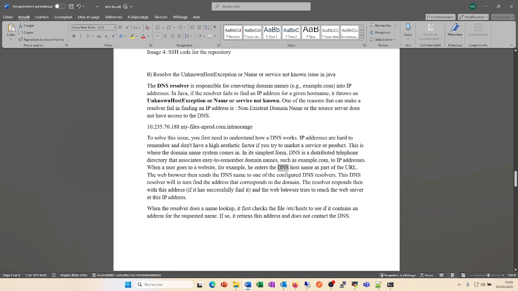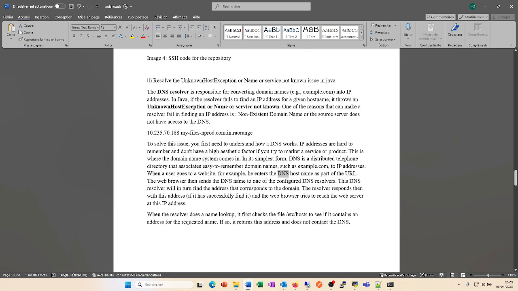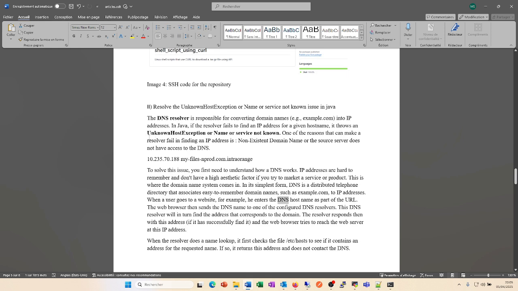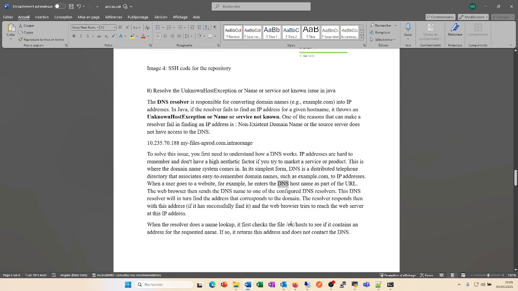The DNS server will now check for the address. If it finds the address successfully, it will return the address to the web browser. And if it doesn't find the address successfully, it may return an error like unknown host exception or name or service not known. So to resolve this, first of all, you need to add